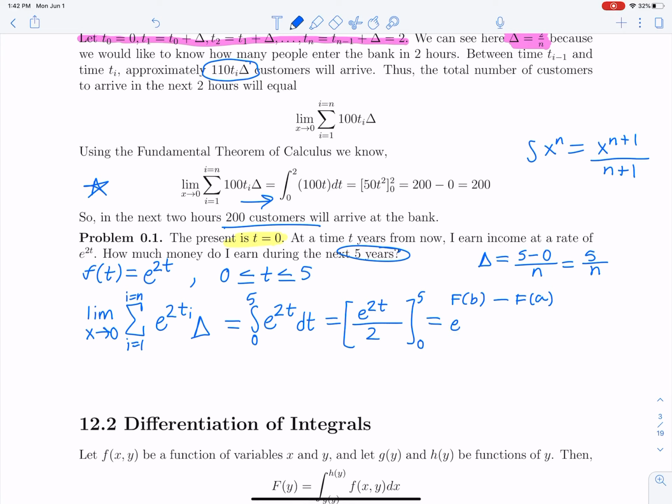So e to the 2 times 5 over 2 minus e to the 2 times 0 over 2. And I know a lot of times we don't always evaluate for 0, but when it comes to e or any sort of exponentials, I would highly suggest putting the 0 in, just in case. So this would leave me with e to the 10th minus e to the 0. They're both over 2, so we're just going to put them both over there. e to the 0 is 1, so cleaning that up,